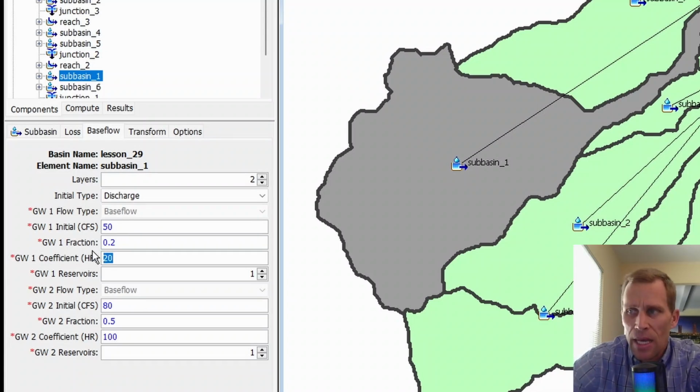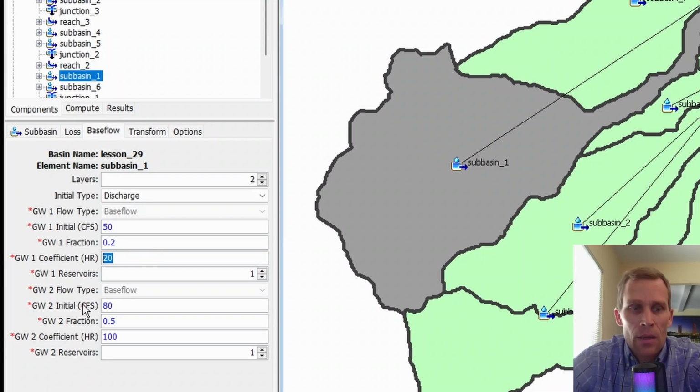These values can be estimated using measurable watershed characteristics, and the outflow from each layer is a function of the storage divided by this storage coefficient. So you can think like the smaller the number here for the storage coefficient, then the higher the outflow, the less the attenuation from the infiltration to outflow, and also the sharper and the steeper